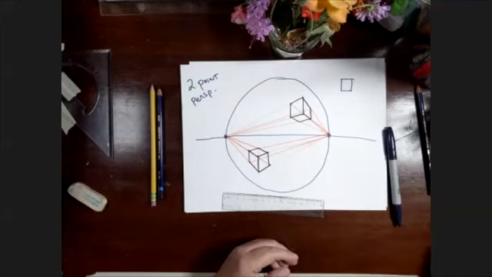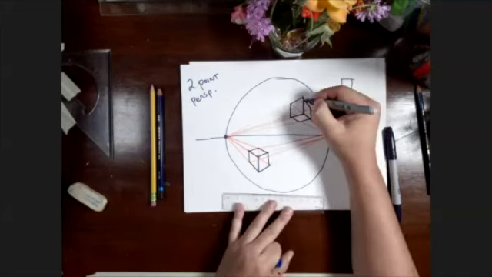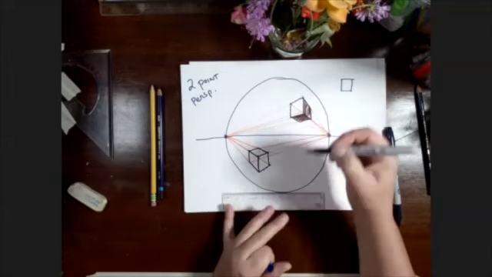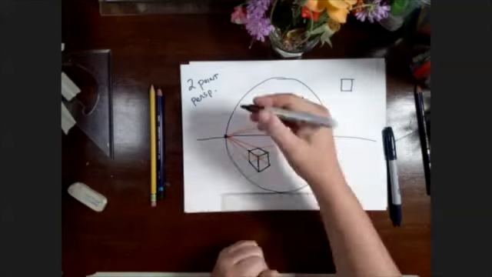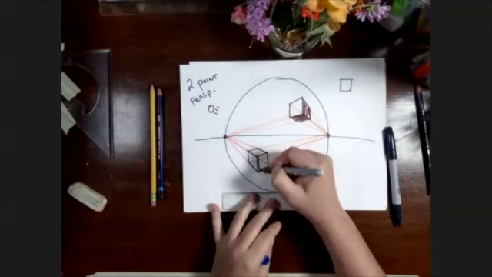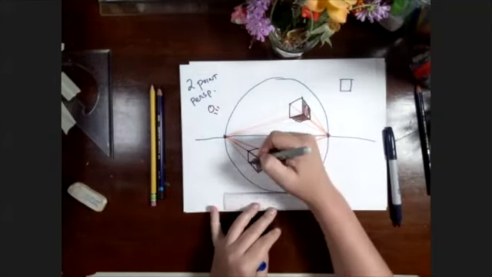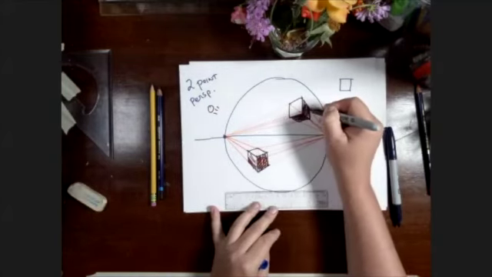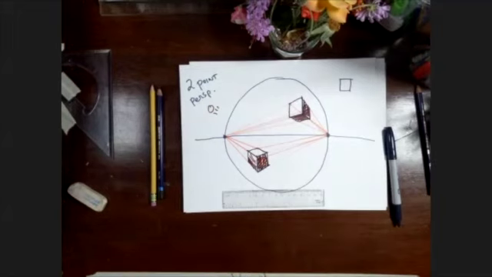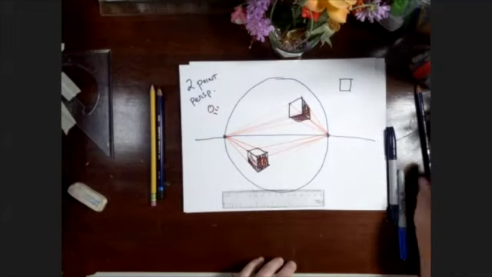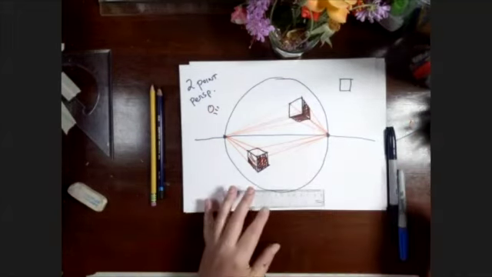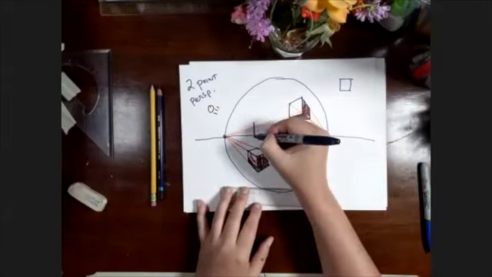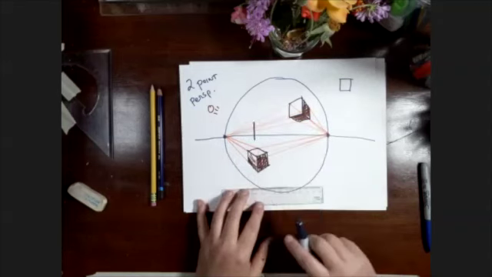Something that's kind of fun is you can also imagine these things as having values. So maybe the light is over here. Maybe this side is a little bit darker. So there's that. Those are those two. You can do stuff like this, which is kind of neat. And this will get you pretty close to